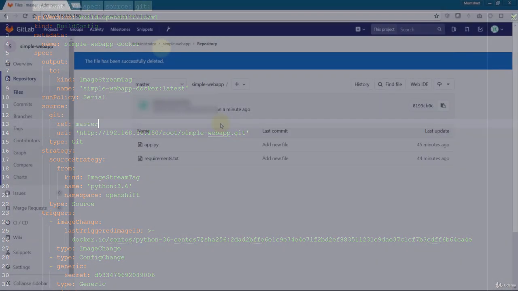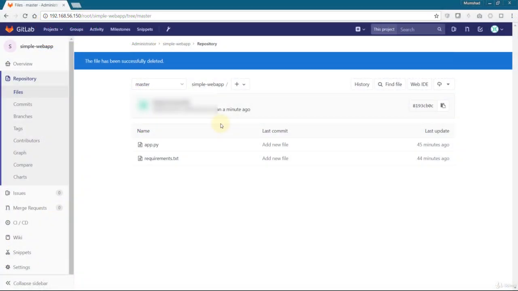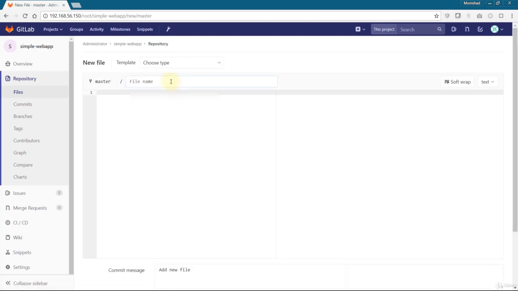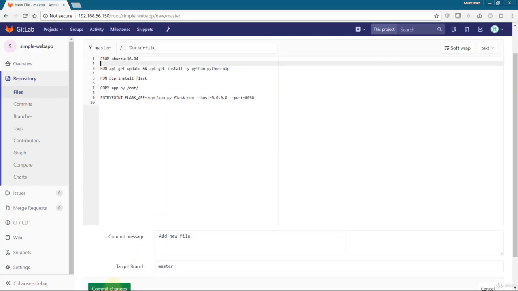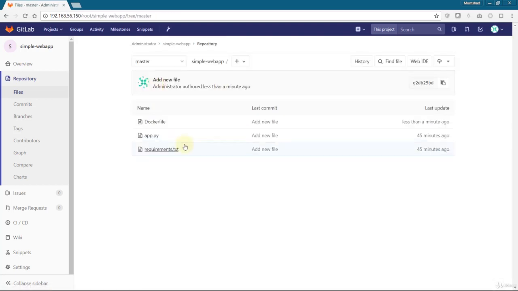However, if you look at the source code repository right now, we do not have a Docker file in it. As we discussed in the lecture, if we are using a Docker strategy, we need a Docker file in our source code. Since we don't have a Docker file, I'm going to go and create one. We will copy over instructions that I have used previously. So I now have a Docker file,